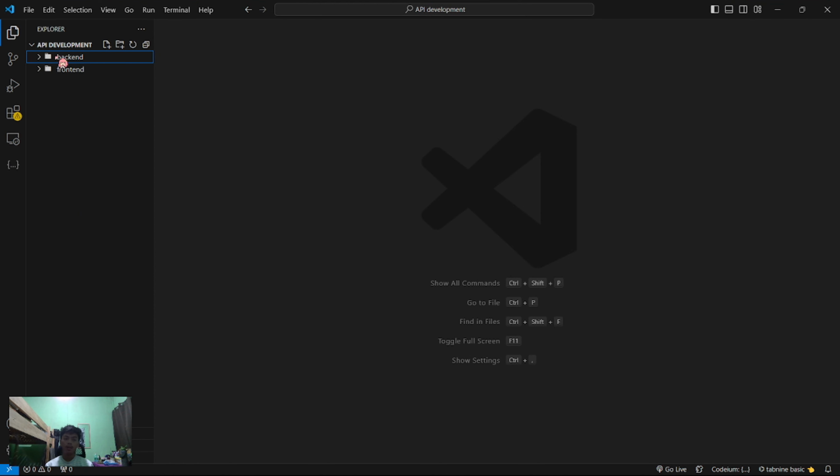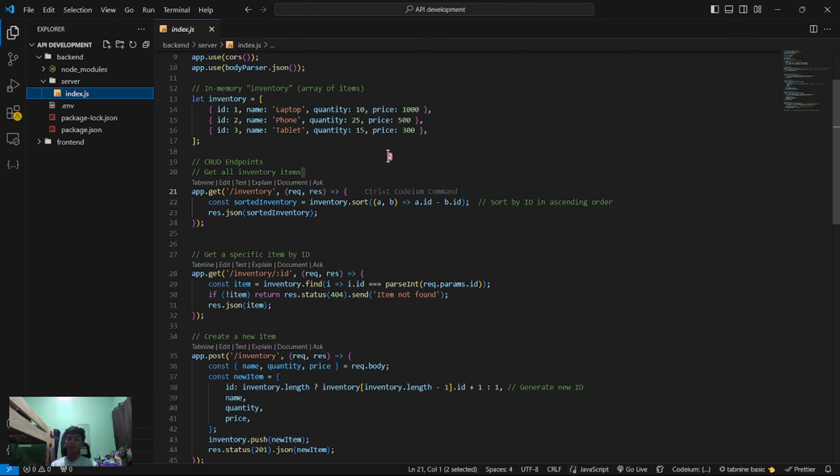Now we will open our VS Code. Here, I have created a backend and frontend. In my backend, I'm using the Express framework, and in my frontend I'm using React. In my backend folder, I have a folder called server, and I have a file named index.js. In this file